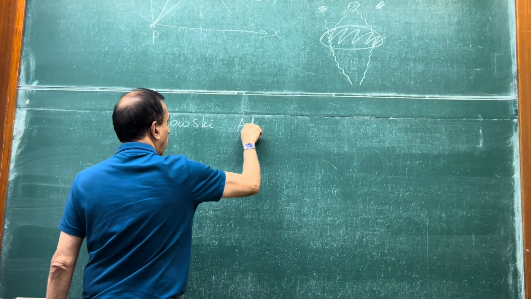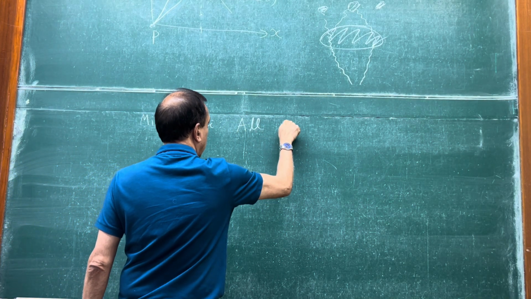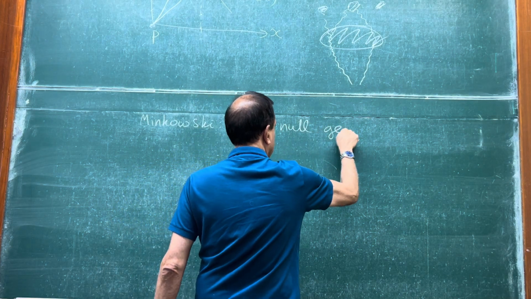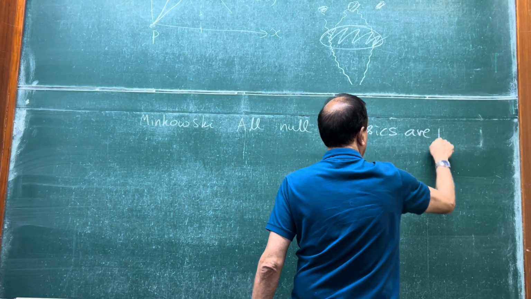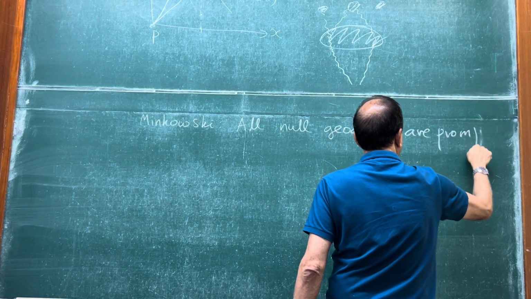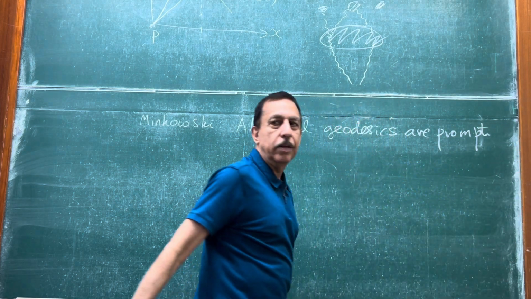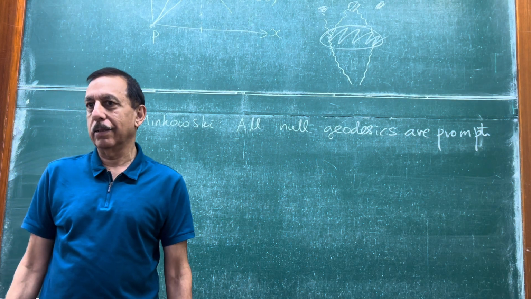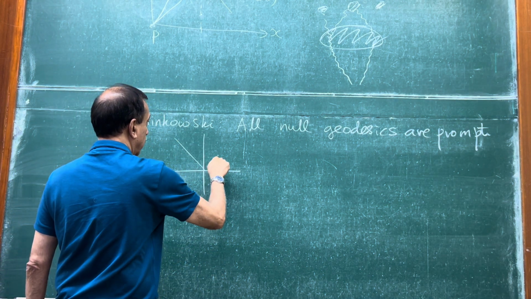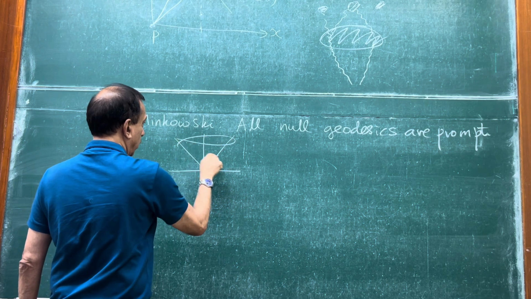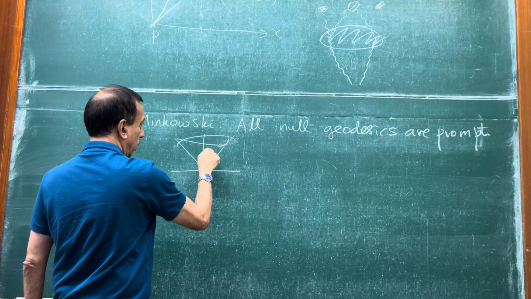So in Minkowski, all null geodesics are prompt, and anything which isn't prompt, and that's that. Because in Minkowski I have a very simple light cone, and the null geodesic, if I have a point here on the boundary of the light cone,